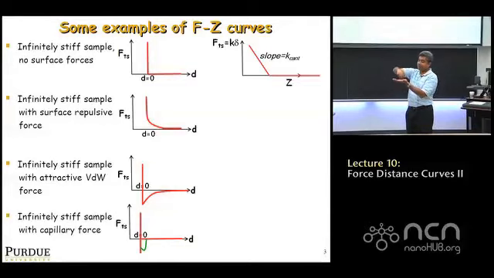Once you've contacted, if you press the base of the cantilever down further, the sample is not deforming, because this is infinitely stiff. So D is 0. It's not deforming. The base is going down, so what is it that's deforming? It's the cantilever that's bending. You move the base down, there's no deformation in the sample, all the deformation is in the cantilever. What you measure in an AFM is the bending of the cantilever. So once you're in touch and you push further,